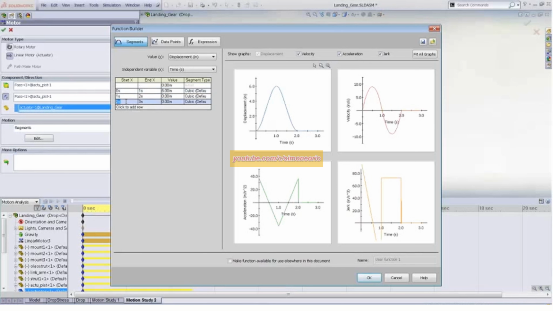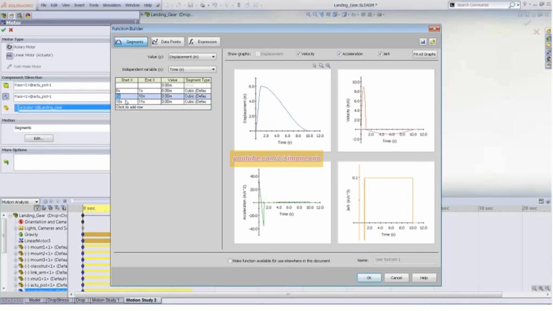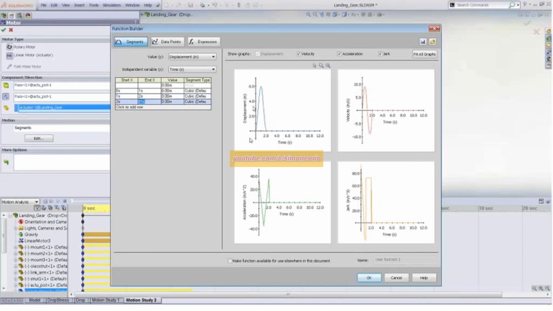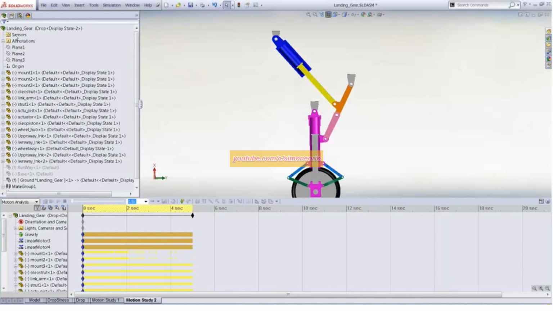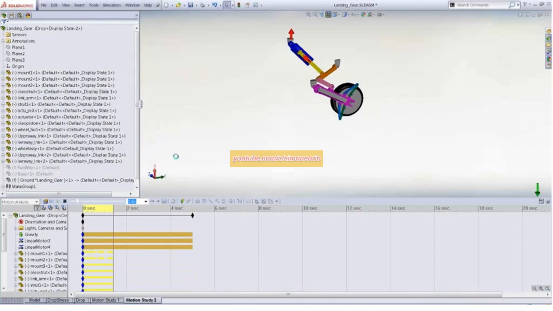And I'm going to run the analysis, I believe, for 10 seconds or so. There we go. So up to 6 and back down to 0. And motion models run quick, so I can stop and see what is it that I've done to the model. Okay, so we're actuating okay.